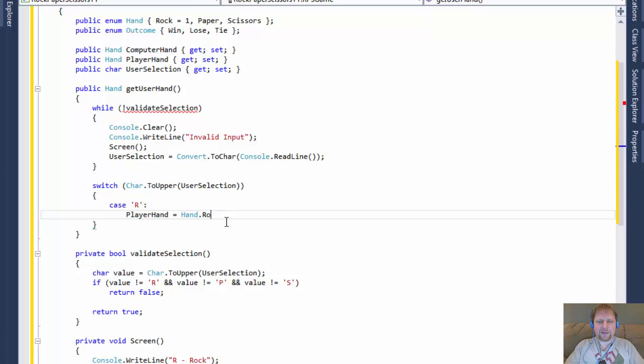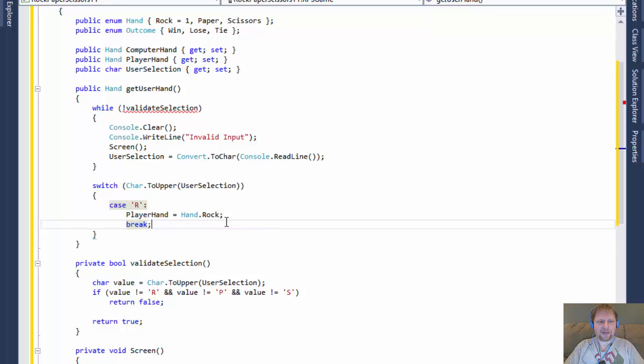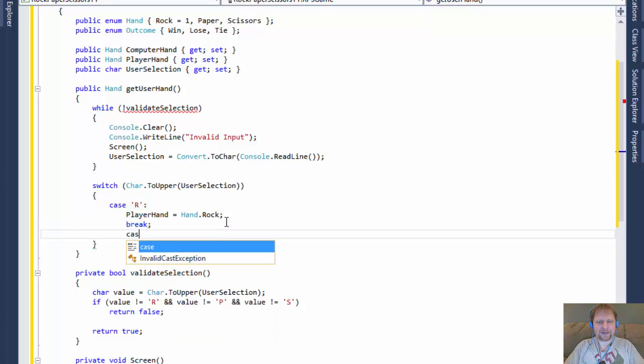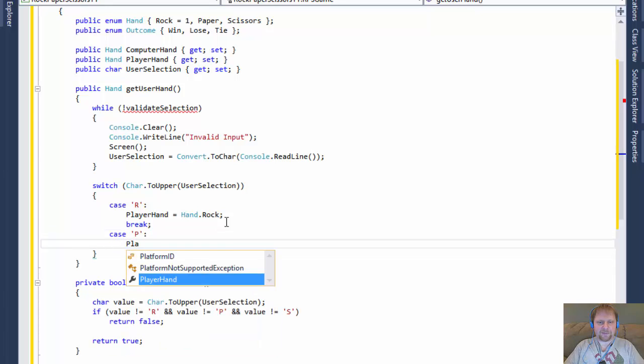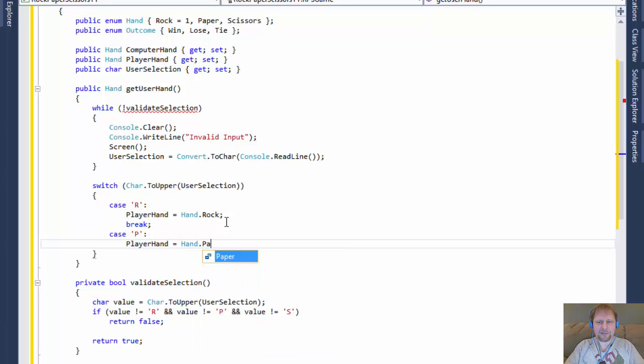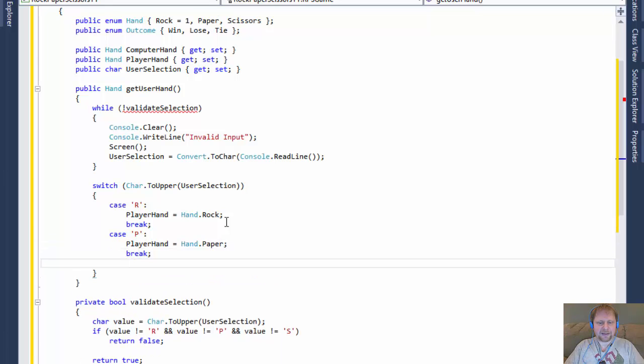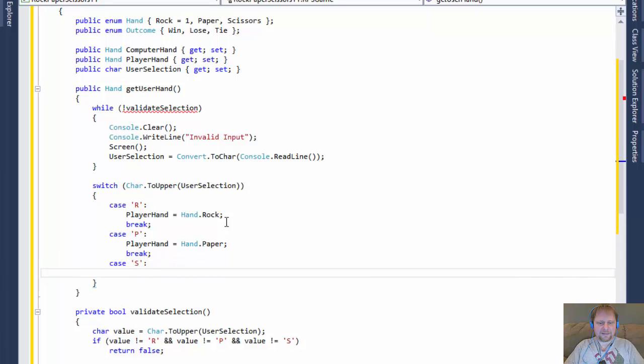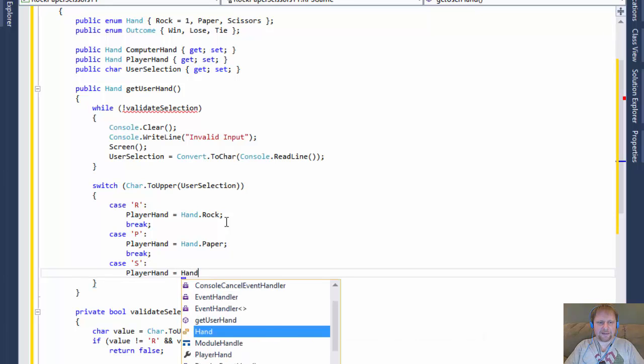This way you have it right here. So of course, let's break out of the next case. The next case is going to be capital P, and if the player presses P, then his hand will be paper, hand.paper. Let's break out, and case S, and that of course means that player hand will equal hand dot